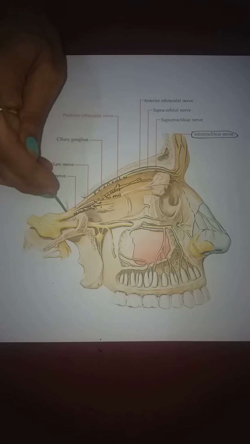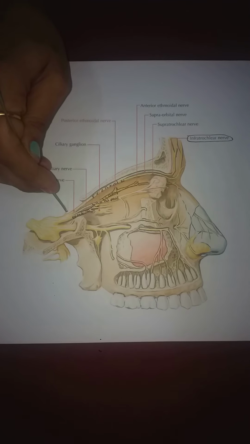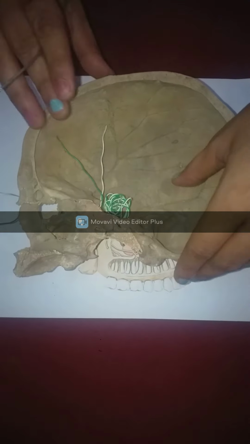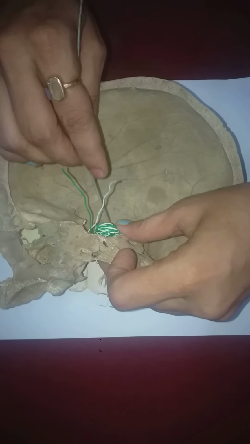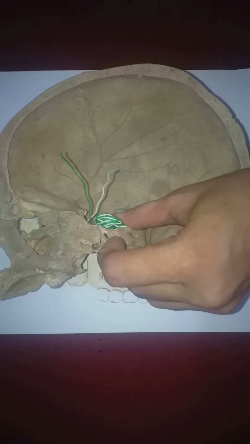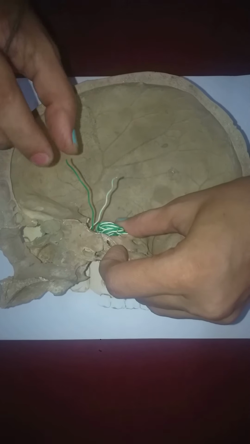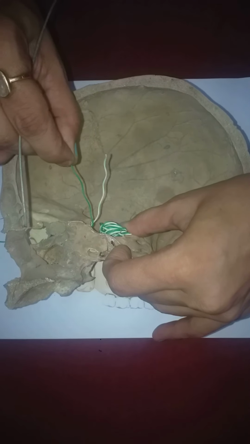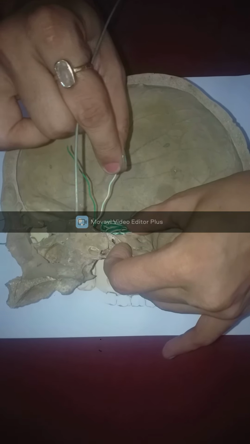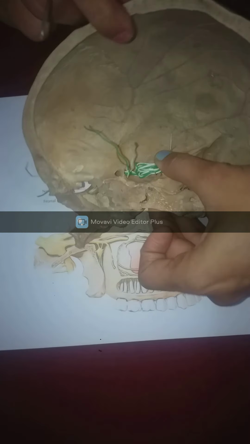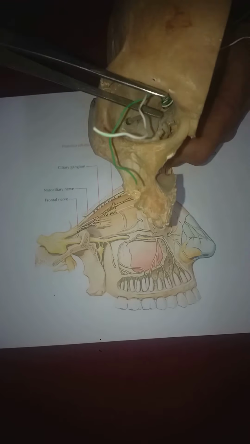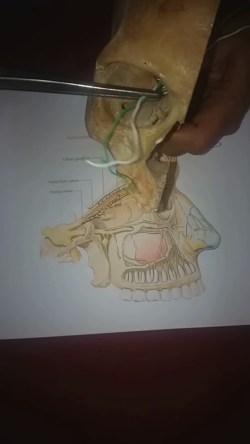You want to see this on the real skull? Let me show you. But this is the other sided story. Let us consider that this is the trigeminal ganglion. Okay, this wire mesh is the trigeminal ganglion. It has 3 daughters. I'm not interested in V2, that is maxillary. I'm not interested in V3, that is mandibular. I am interested in the ophthalmic division, which enters the superior orbital fissure and appears in the bony orbit.